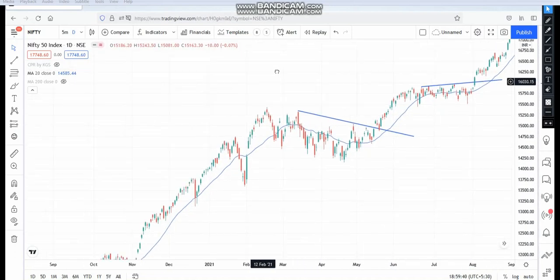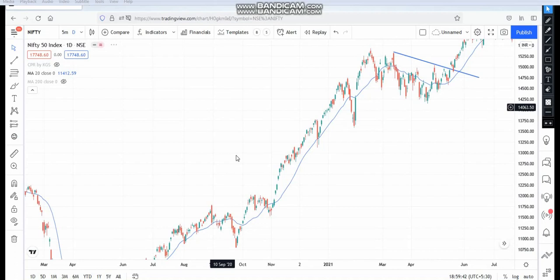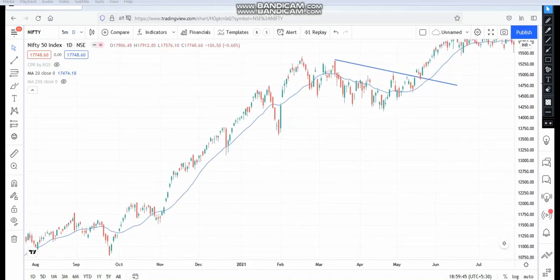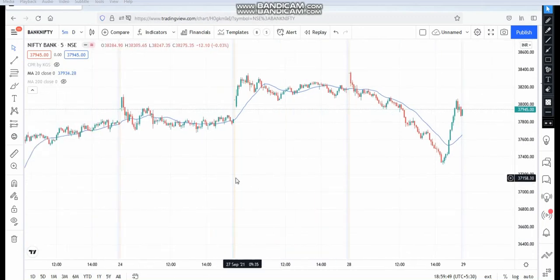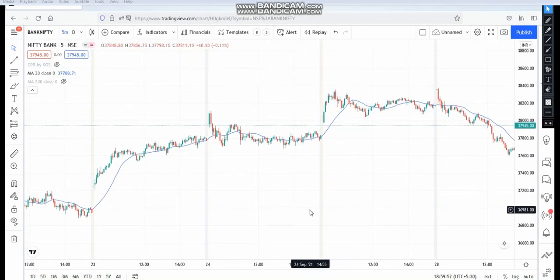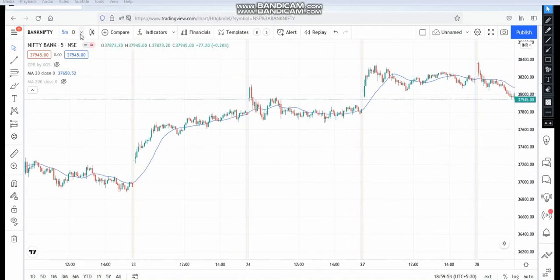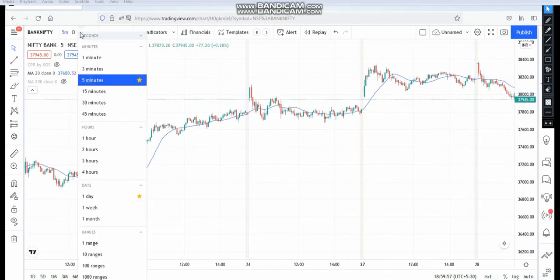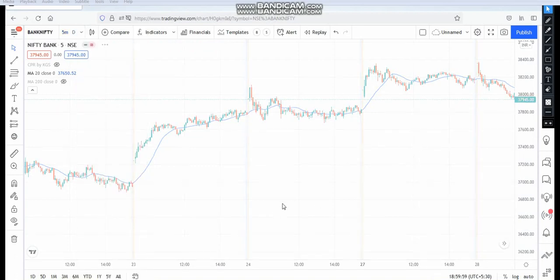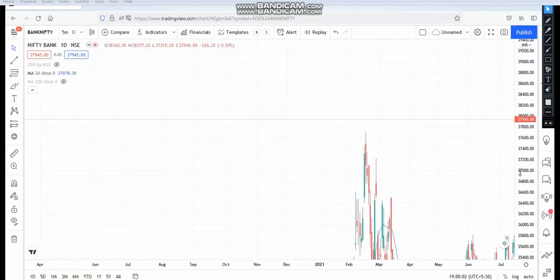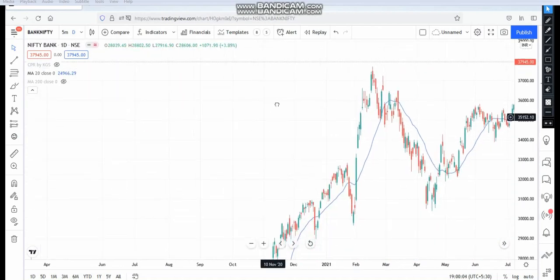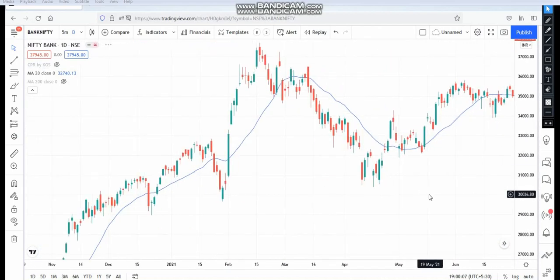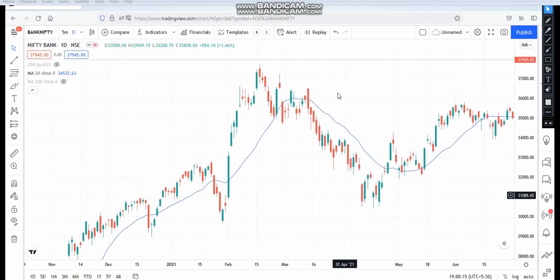And the last one is Bank Nifty. This is a chart of Bank Nifty. Here also I am going to keep the historical chart and 1 day candlestick. Here you see this is the historic chart of Bank Nifty and 1 day candlestick. Here there is a clear downside of the market. Now I am going to draw a trend line.